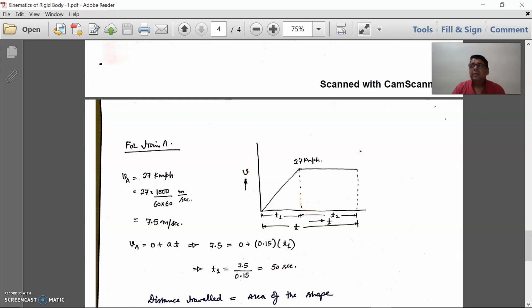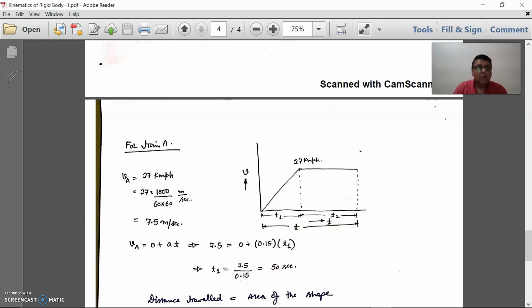How is it seen? Velocity is equal to distance upon time, or distance is equal to v into t. If the object keeps the same velocity v for a time span t, we already know distance is equal to v into t. That's how we can easily imagine what I am saying.